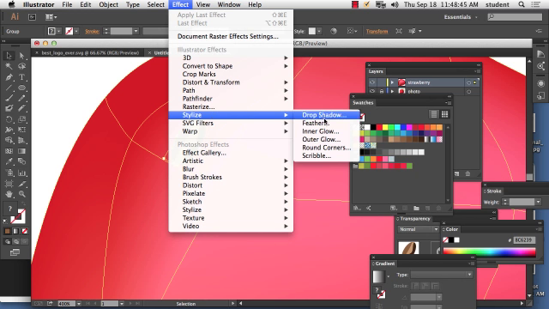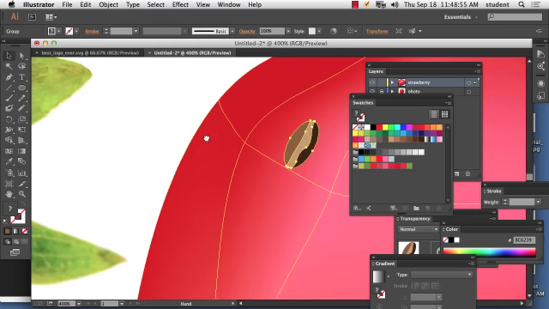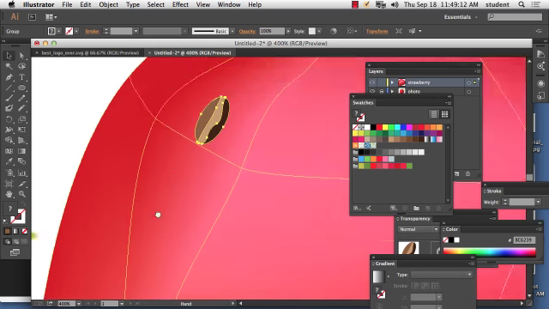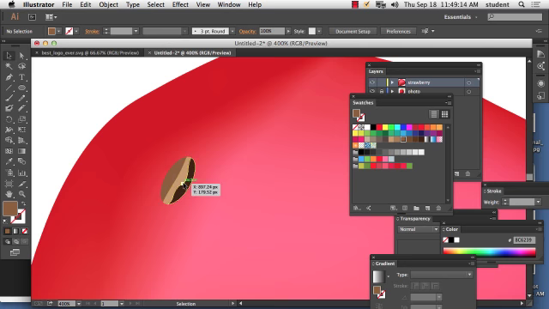A drop shadow will make it dark on one side, and then I might use an outer glow to make it glow. So I might use a drop shadow and outer glow to kind of give it that glow. If you look closely at a real seed over here, you see you have this kind of outer glow because the lighting is bouncing off there, and then you might have a dark area. See how there's like a little dark area underneath your seed? How you can do that sort of dark area under your seed and maybe a light area is using the effects. And those effects that I'm talking about are called